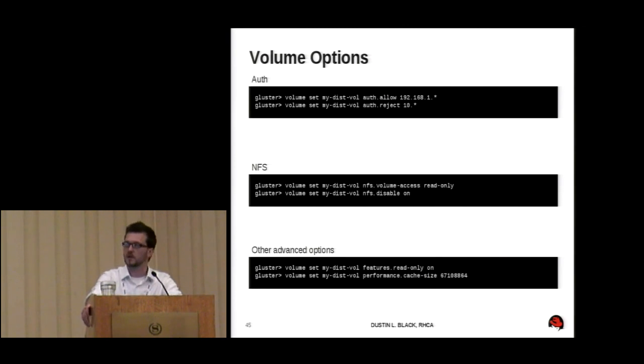You can also dig into a lot of other options that are in there, like I said. I've got a couple of examples there of the set read-only for everything. So in the previous command, I showed setting read-only for only the NFS protocol, but if I want to set an entire volume as read-only, I can do that here. There are also a lot of performance tweaks that you can do. In this case, I show doubling the cache size here. So I've given it a value that's double the default.